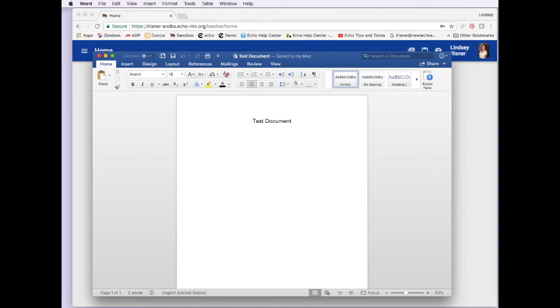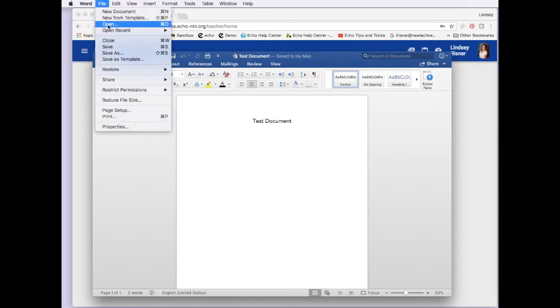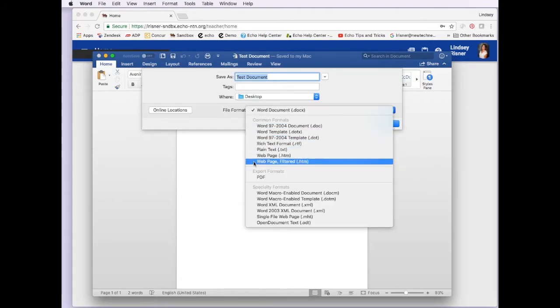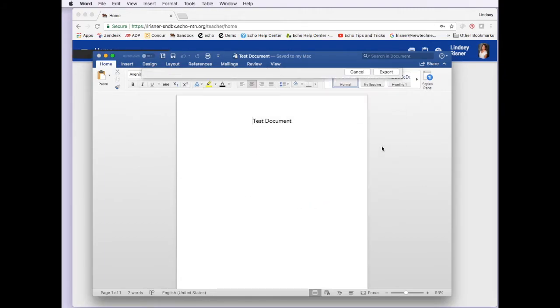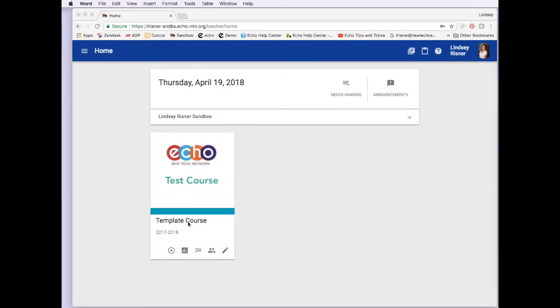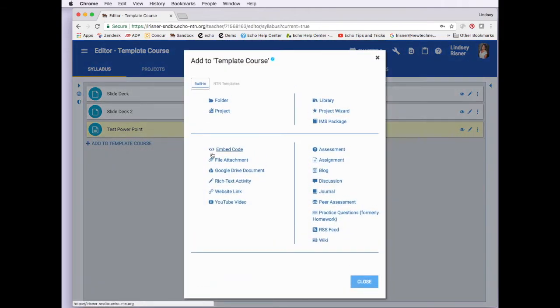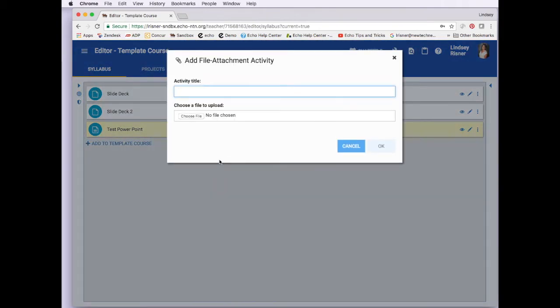Here is a Word document I want to add to my course. First, I'm going to save or export it as a PDF. Now I'm ready to add it to a course. Enter your course through the editor tool and then click the Add to link. Select File Attachment. Give the attachment a name,